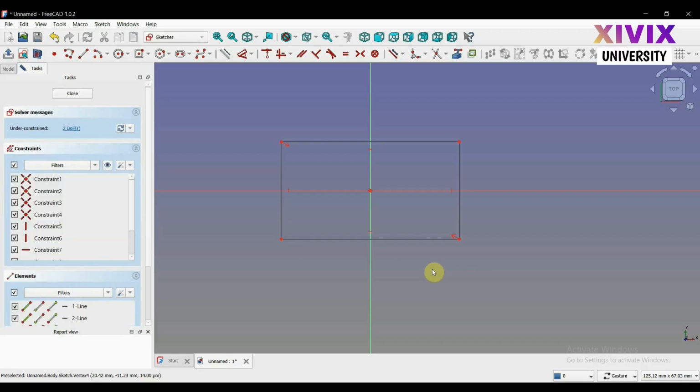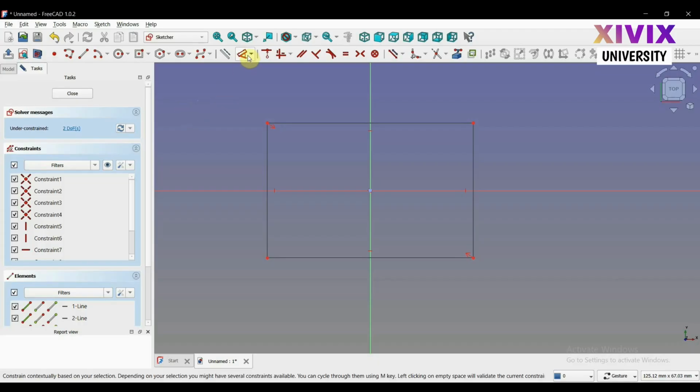And now you can see on the left side, the solver message says under constraint there are 2 DOFs, which means 2 degrees of freedom, which means the X and Y axis. This rectangle can move freely along the X and Y axis, just like this. So we have to